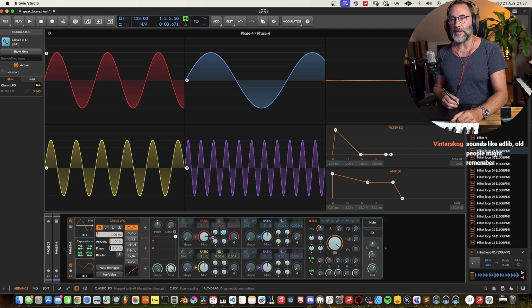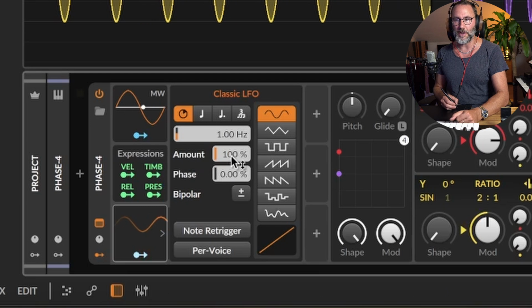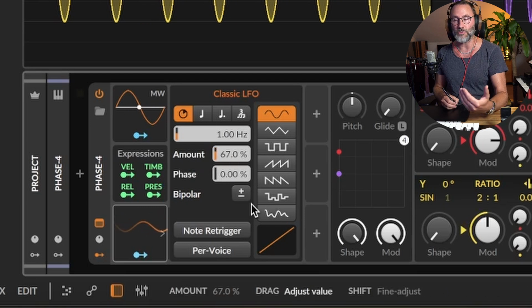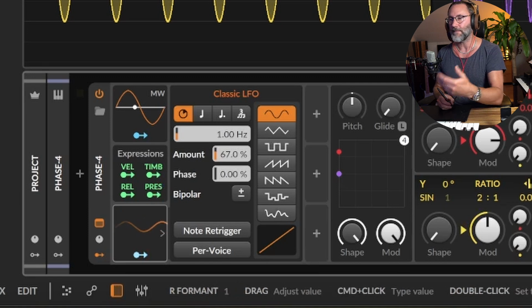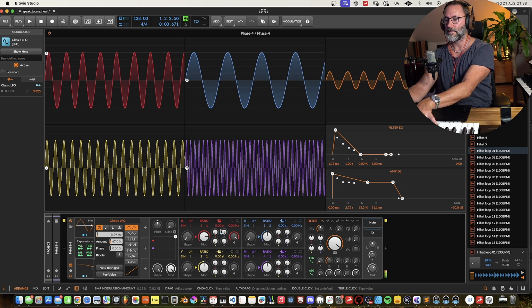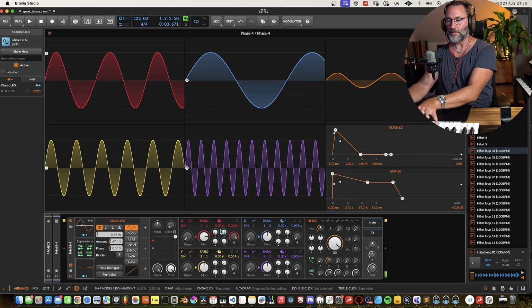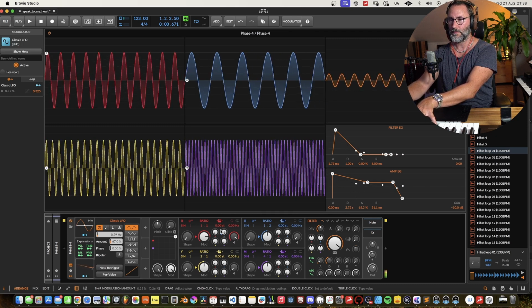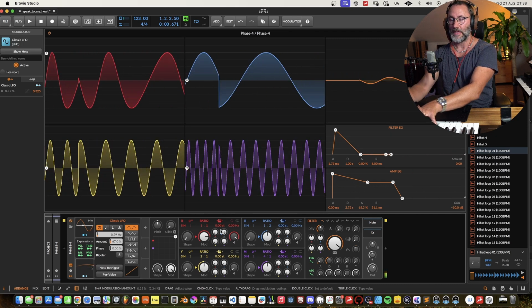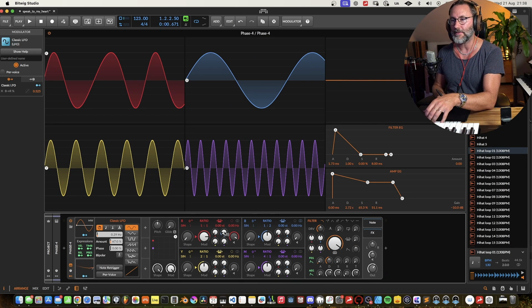And if you add some modulation values like this, and you suddenly don't want to have it as profound, you can always use the amount here to control the amount of modulation that the LFO applies to your target. So there we have a quick, soft FM pad, a dreamy little pad.